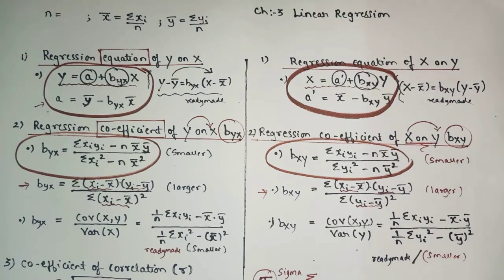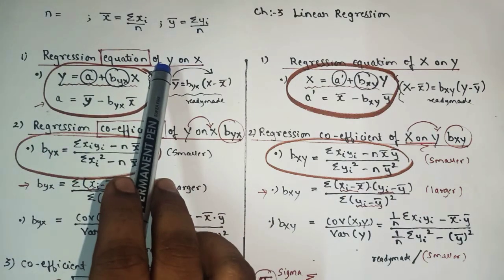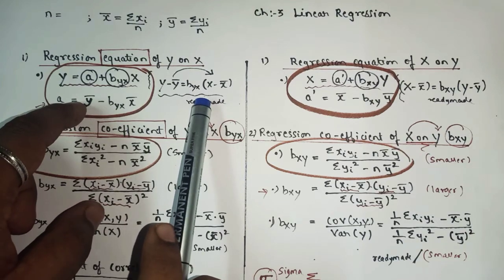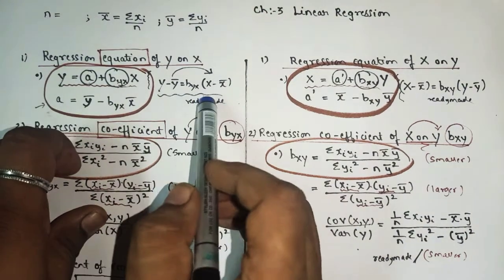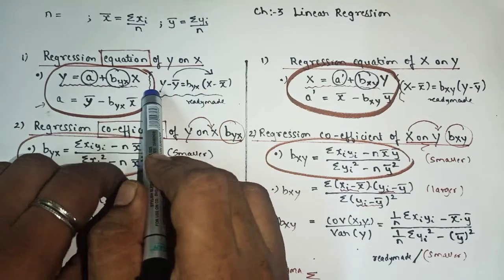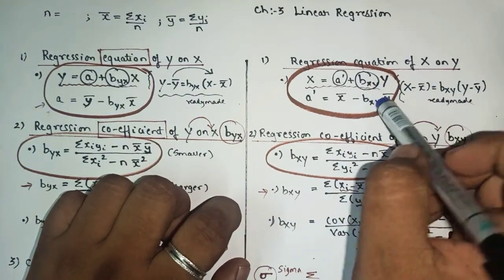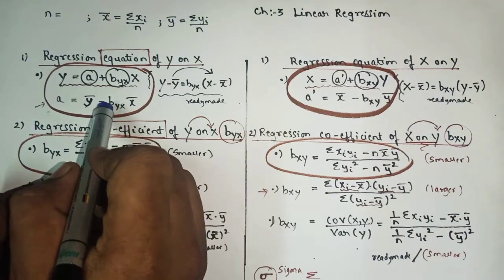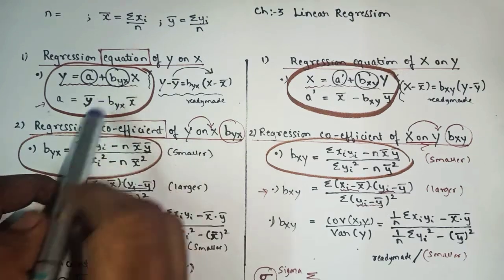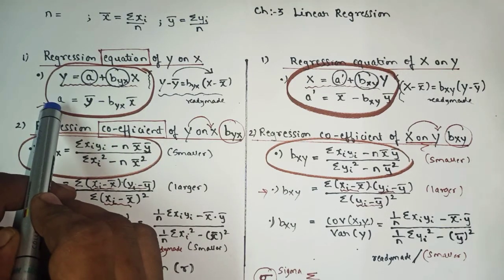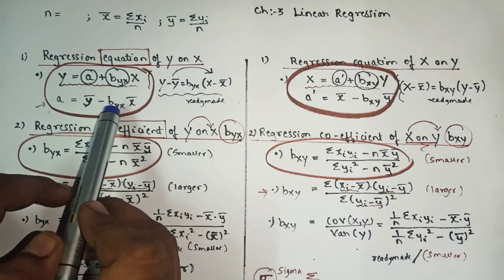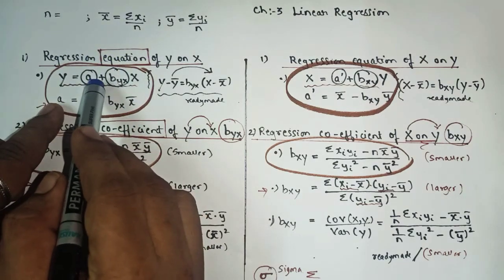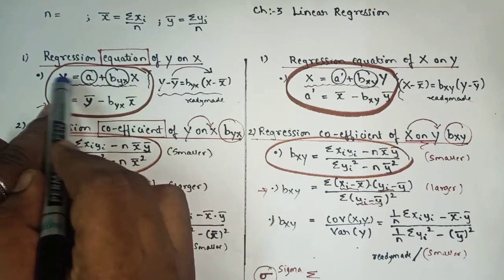Yes or no? So now, for the regression equation of y on x, here we have two formulas. You can use this one or this one. In both cases you will get the same answer. Here also you can apply the first one or the second one, and in both cases you will get the same answer. But in the first, as you apply this formula, first you have to find a and byx. First you have to find the value of a and then substitute the value here to get the answer.